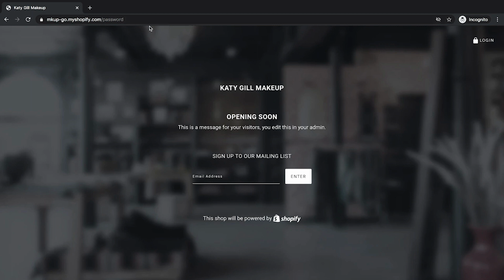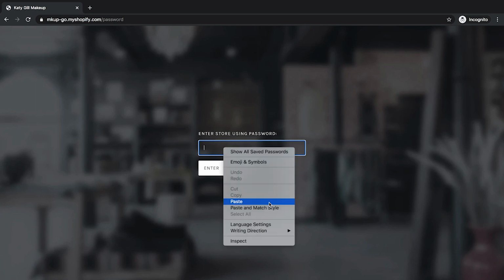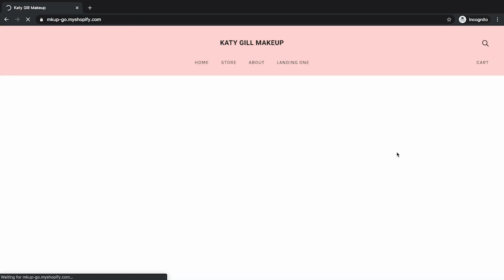If you log out of your Shopify account completely and you go to your store, you're going to be greeted with this. This is where you clicked password protect. When you're logged into Shopify admin area, you'll see this automatically. This won't come up. But when you send a link out to someone else, they'll see this. All they have to do is click login. This isn't login to your Shopify account. This is the password that you set when you put password protected. So give them this password, paste it into here, click enter, and then you get to your website.